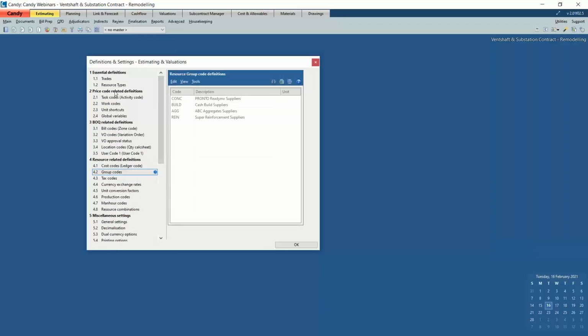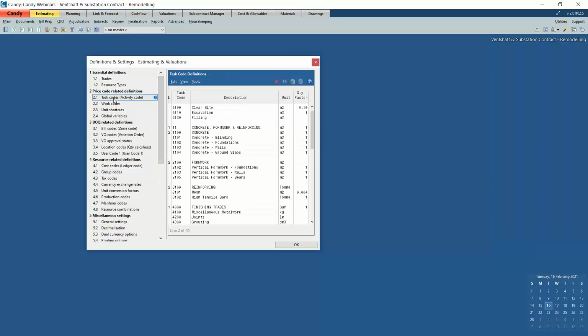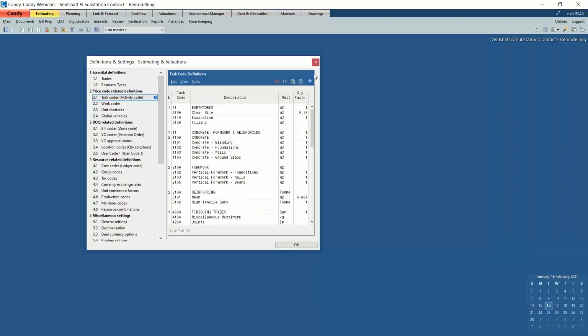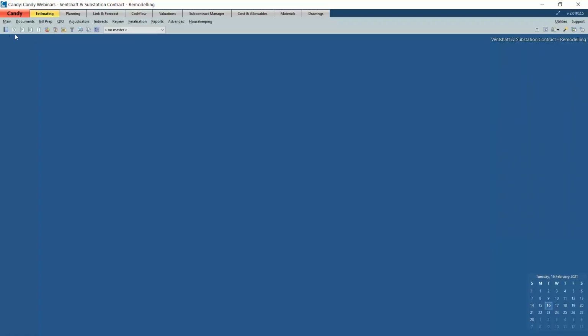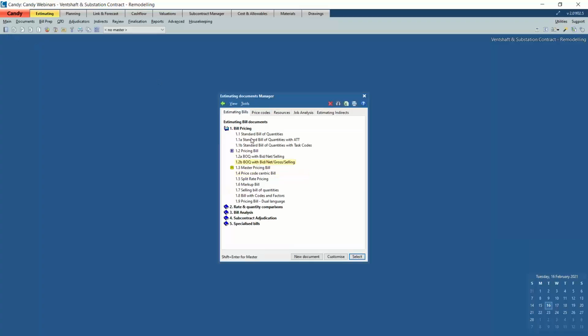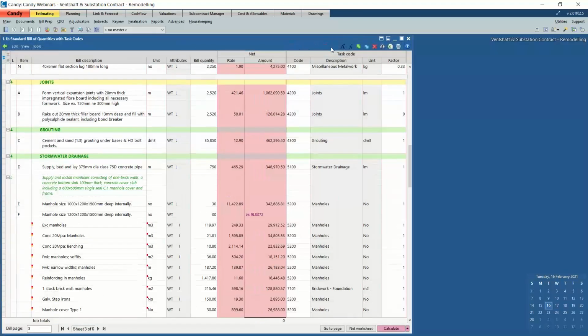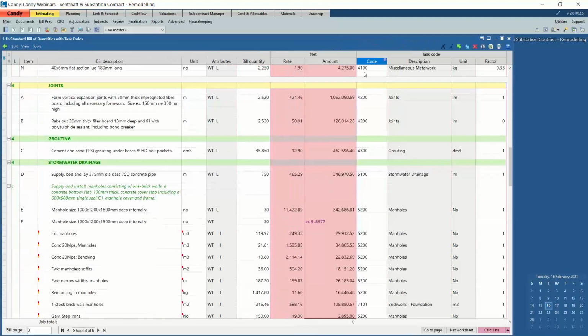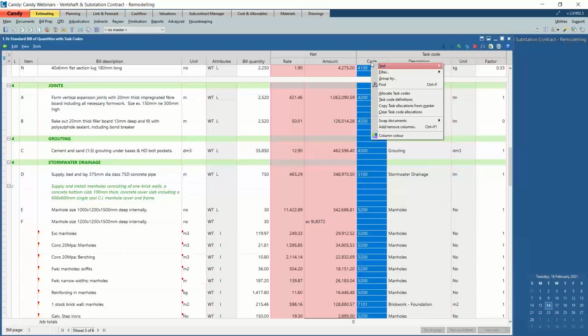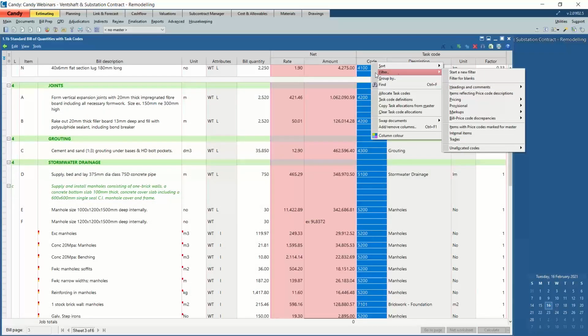It is also defined under the blue hammer, the definitions and settings 2.1. This is where you list all your task codes. Once they've been listed, there is a document that I've customized which has the relevant task code column, and this is where the allocation gets done. Right, so the columns, we can quickly run a filter to check whether allocations have been done to all the bill items. So filter,